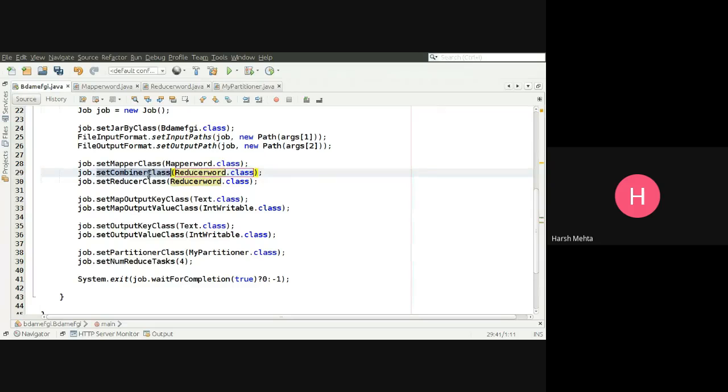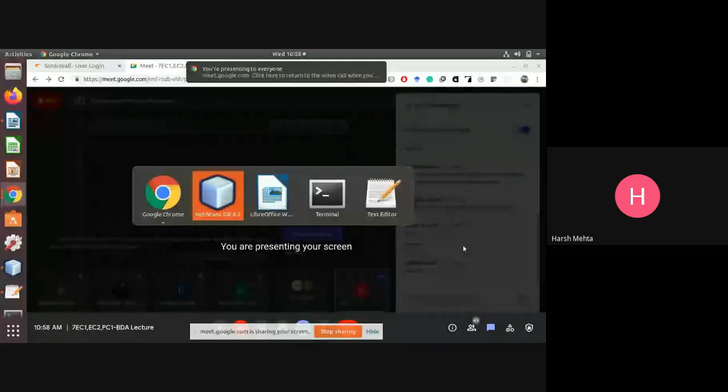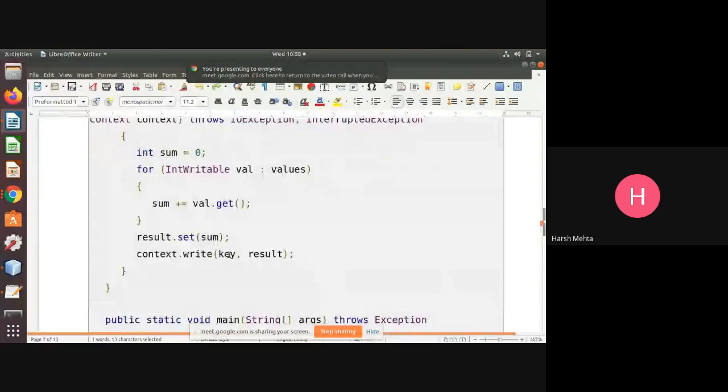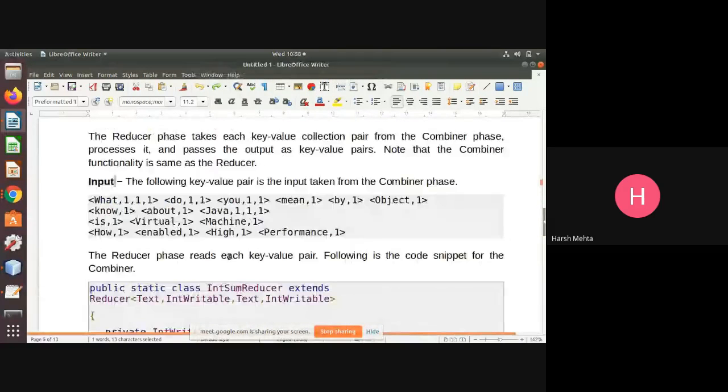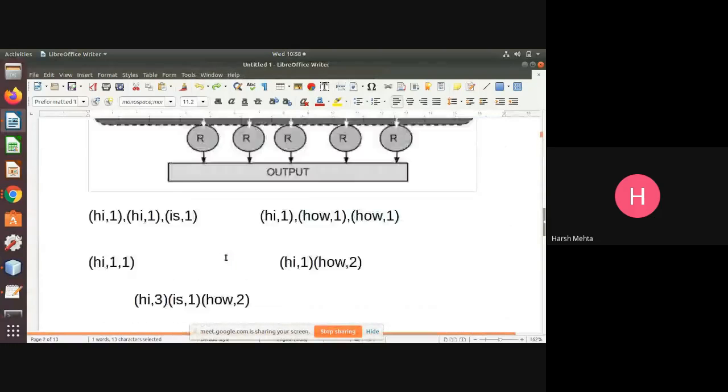So why? Because the combiner will work on each and every mapper. Remember, there are 4 mappers. The combiner will work on each and every individual mapper, so for each mapper class, we have a combiner.